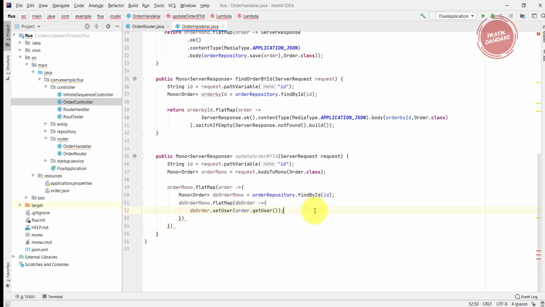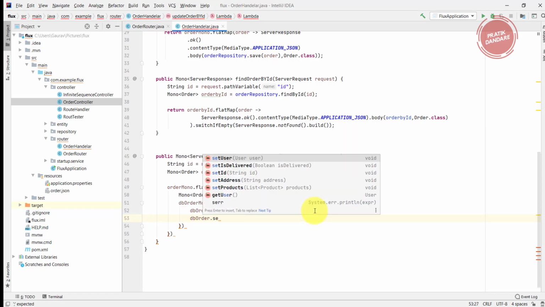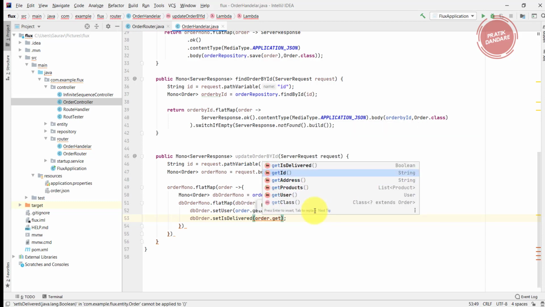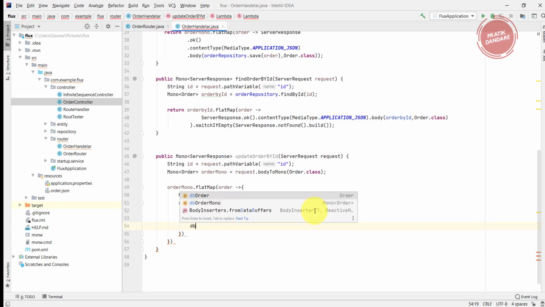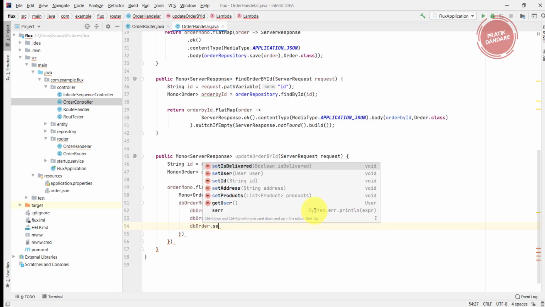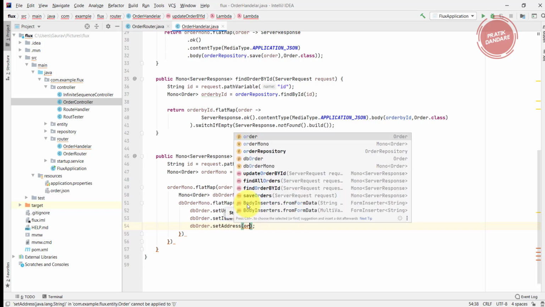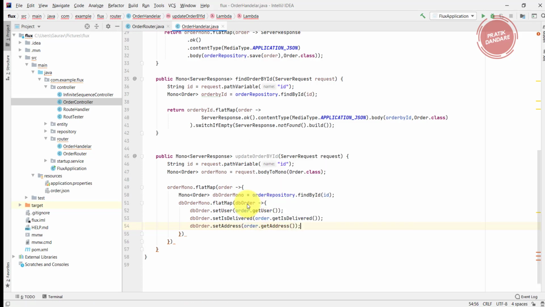After that dbOrder.setIsDelivered(order.getIsDelivered()). We have some other fields too. dbOrder.set, I'm not setting the id. Set address, order.getAddress, yeah, the address too.